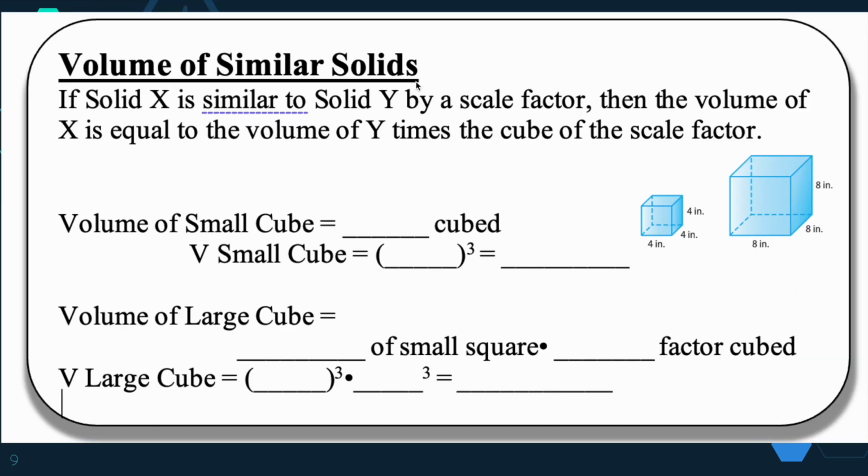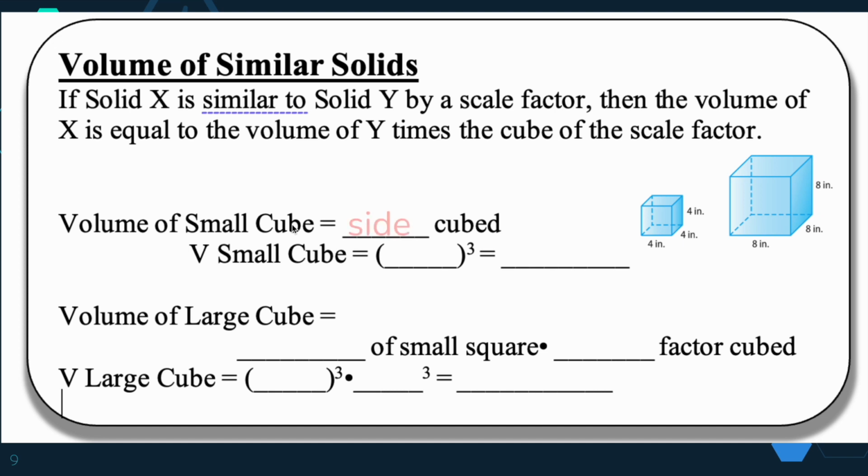All right, so the volume of similar solids. If solid X is similar to solid Y by a scale factor, then the volume of X is equal to the volume of Y times the cube of the scale factor. So we're thinking about that exact same scenario we just went through with the area, the surface area. Well, we can do the same exact thing with the volume, but volume is a 3-dimensional measurement. So now we're not going to square the scale factor, we're going to cube it to take into account that